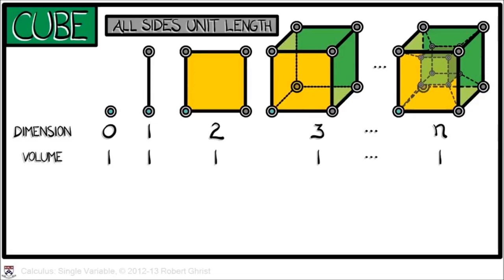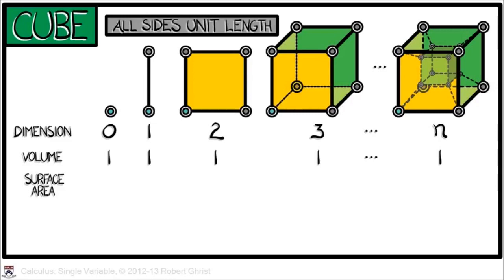We're used to that in area, length times width, or in 3D volume, length times width times height. In each case, it's 1 times 1 times 1. In fact, this is really the basis for how you should think about n-dimensional volume. The surface area, well, that's a little bit harder to wrap your brain around, but we want to look at